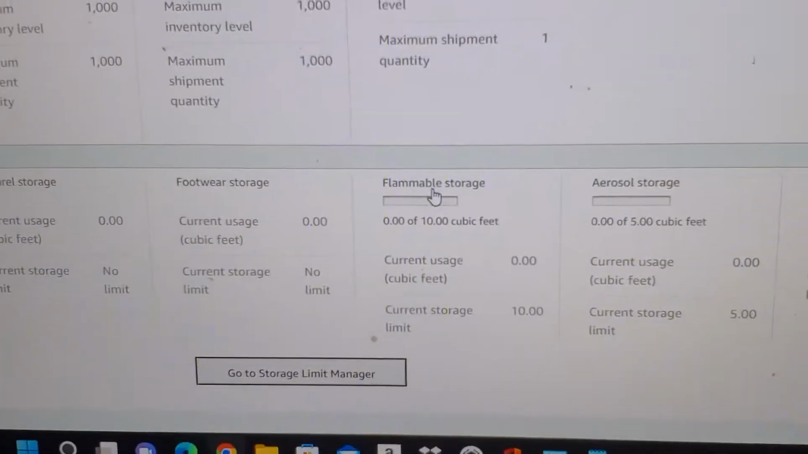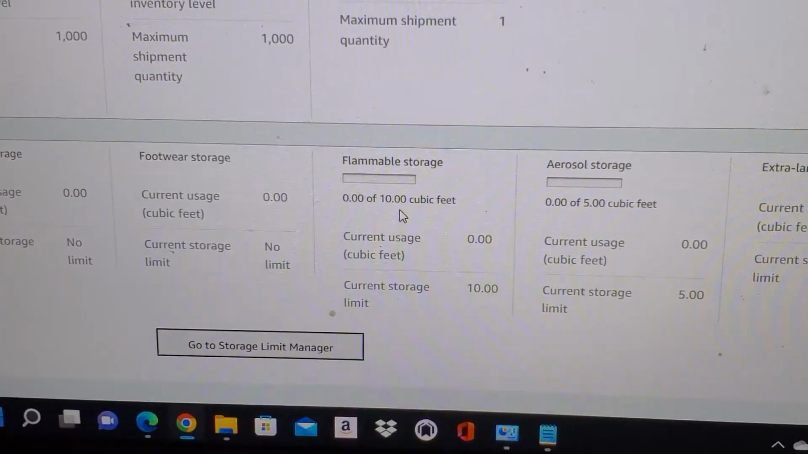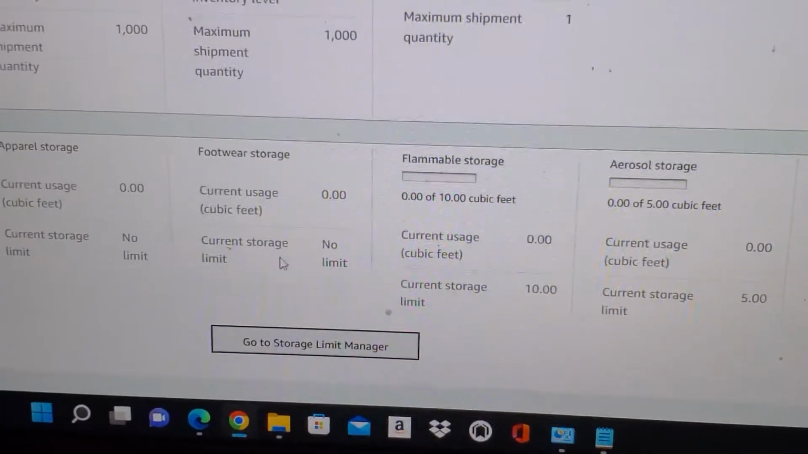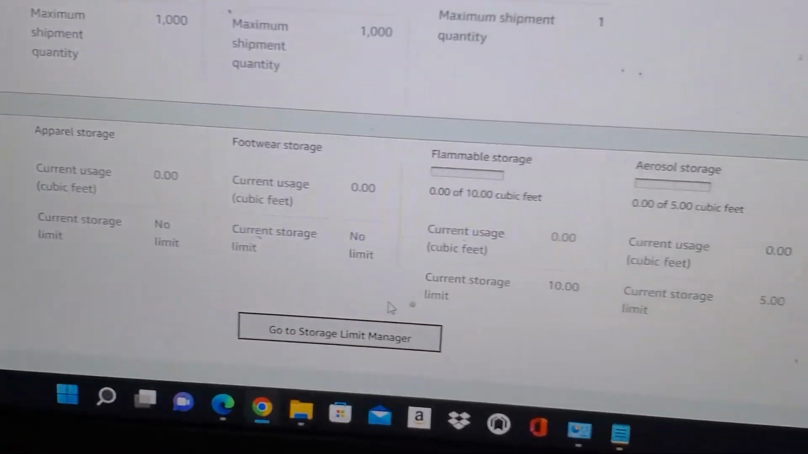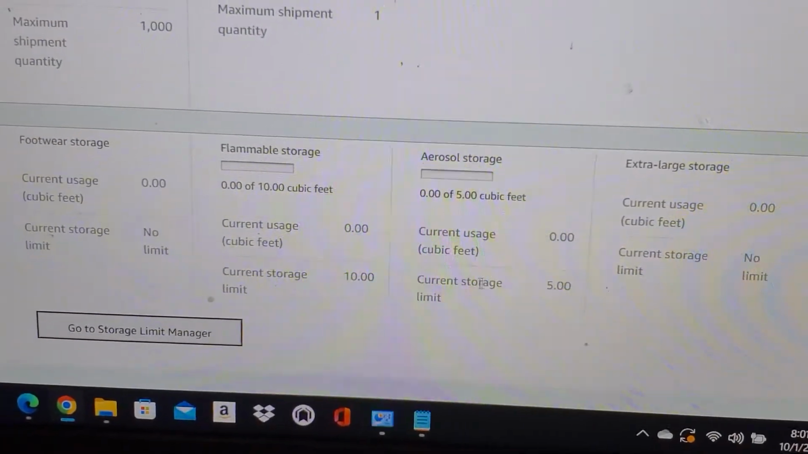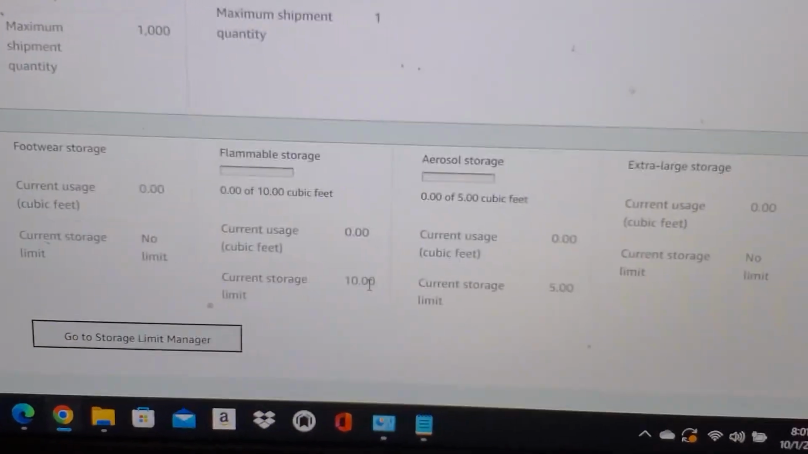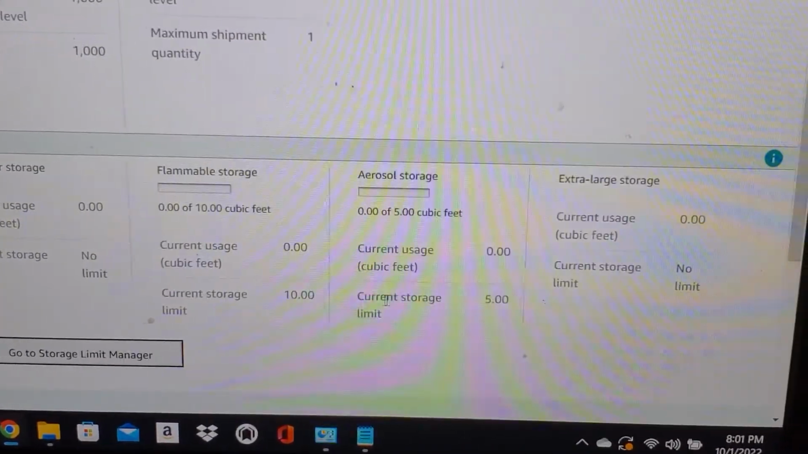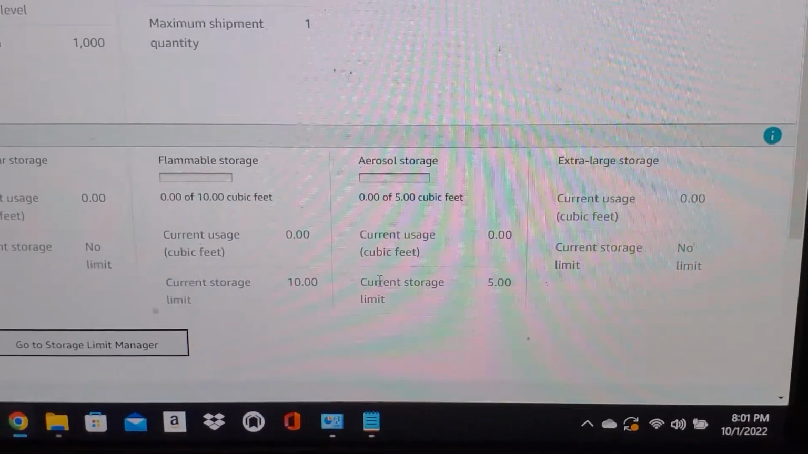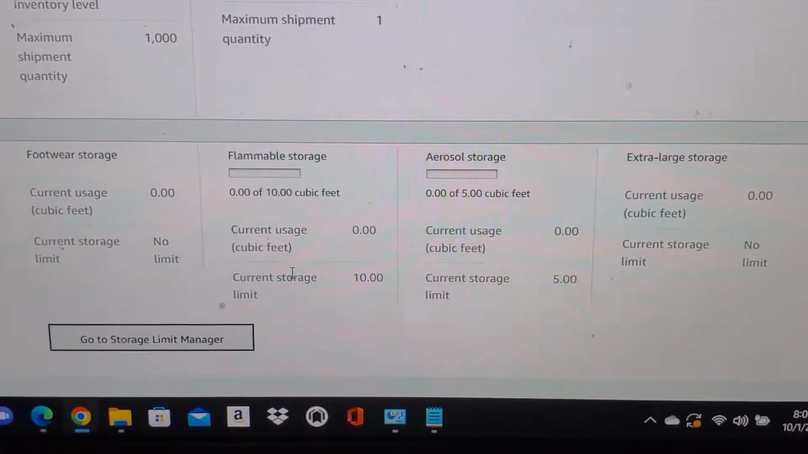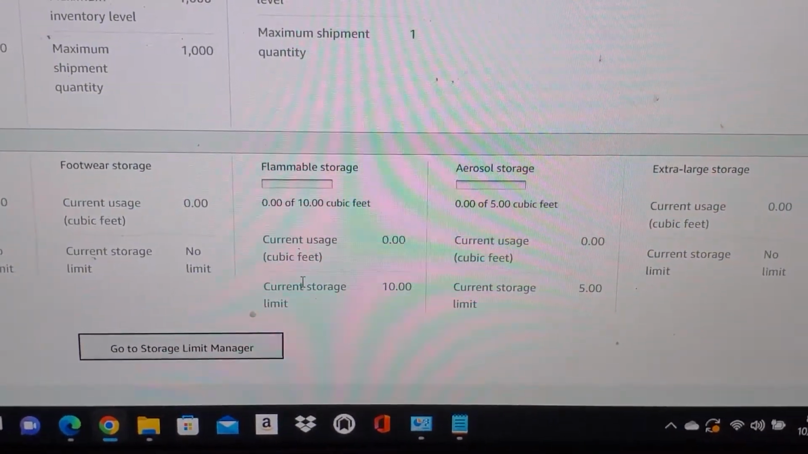I had sent in a few things. They had got sold already, but flammable is going to be limited to 10 cubic feet. Now, you see the rest of them tell you no limit, right, on what you can store. But for flammables and aerosols, there is a limit, and that limit is 10 cubic feet. I don't know if that limit will go up. The aerosols is 5 cubic feet. Like I said, I don't know if that'll go up if you send in more. I would assume that they would kind of keep that low, because they don't want but a certain amount of